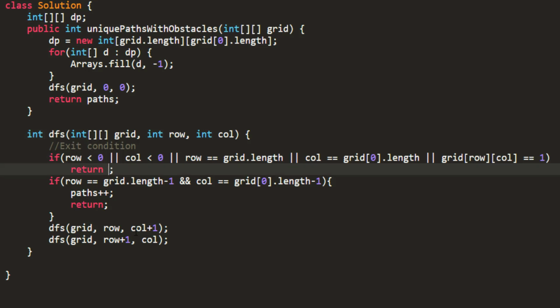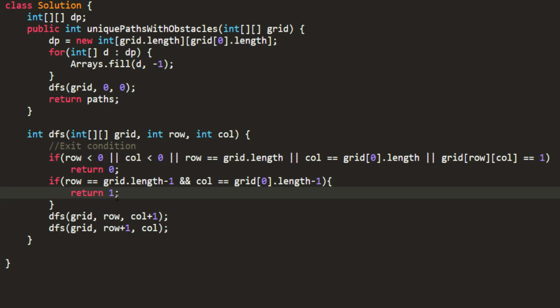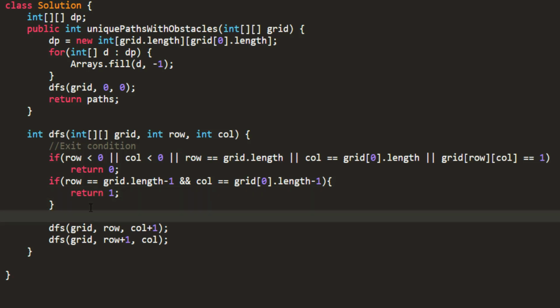Now, in the exit condition that we were having, we'll return 0, and in this we'll be returning 1, and the paths are not used. Before calling the DFS, I'll check whether I'm having a positive result in this DP array or not. So if DP array of row column is greater than -1, I'll simply return that data and not calculate it again.